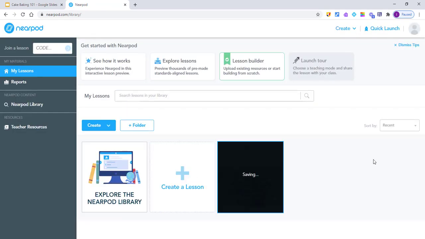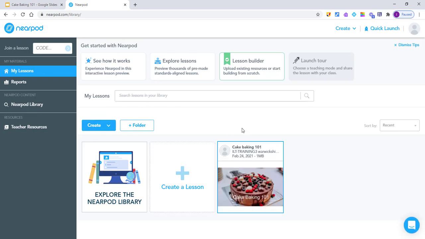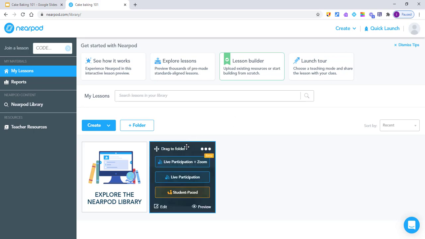And we're now in the main Nearpod My Lessons screen, and we want to deliver this. So we can go over it with our mouse, and there's a couple of options. We can do student paced, in which case we can give a link to the students, or we can put it directly into Google Classroom, and the students would be able to go through it at their own pace, answering questions. There are certain activities that you're not able to do, such as the collaborative boards when you do that, but the main option that most people are going to use is this live participation. If I press that,